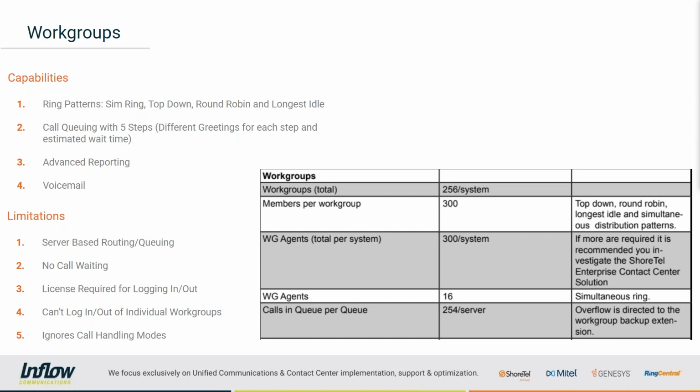From a limitation standpoint, it is server-based. Work groups are all server-based, so the server has to be up and running in order to route that, or do we need the queuing in that case? So we do have some limitations around being server-based. So you can see in the image there is each